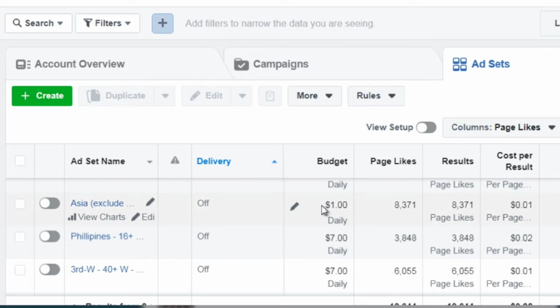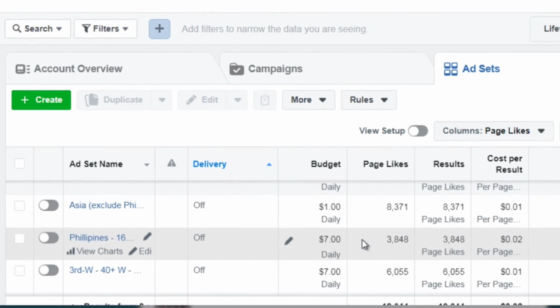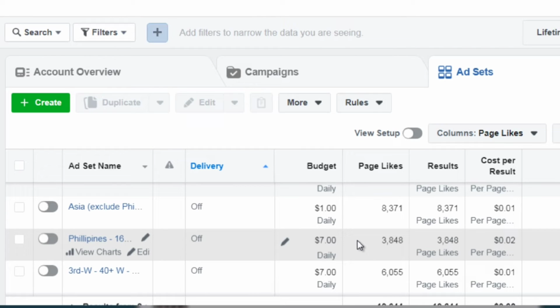Now, whenever I see this, I want to break things down further and maybe test out a different image and see what works. Now, as you can see here, we've targeted the Philippines, and you can target a country and then a specific age group. What I recommend is you target the age group that has been resonating or that looks like your customers. If your customers are mainly like 50 to 70, then focus on that. But at the same time, you don't want to disregard potential audiences that might be interested in your product. So as we scroll down here, we've got Philippines,